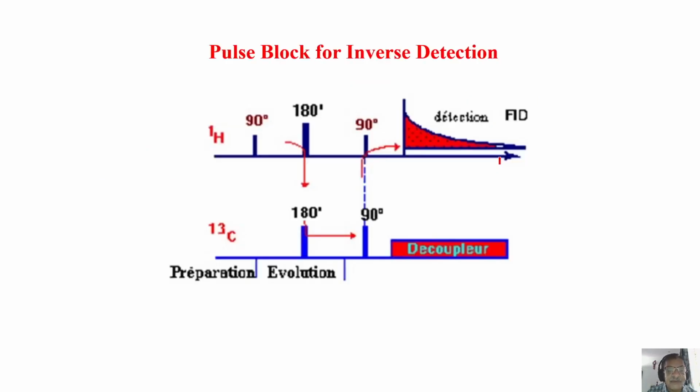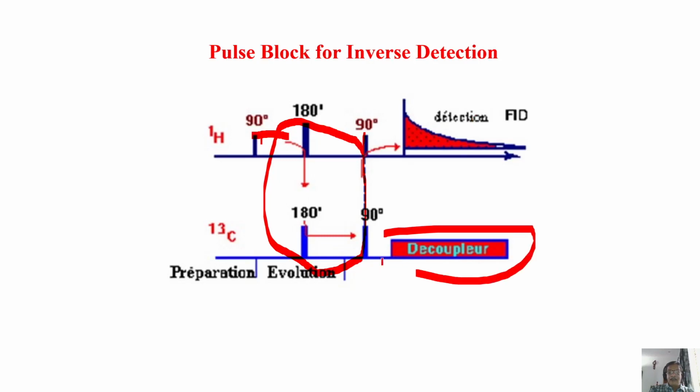This is a pulse sequence. Very, very easy to understand. This is a preparation period. Apply a proton 90 pulse, and up to this is what you know. It is evolution, and you are going to take the magnetization from proton to carbon, from carbon back to proton, and then start detecting the proton while doing decoupling of carbon. Very interesting, right? When you are detecting carbon, you are decoupling proton.